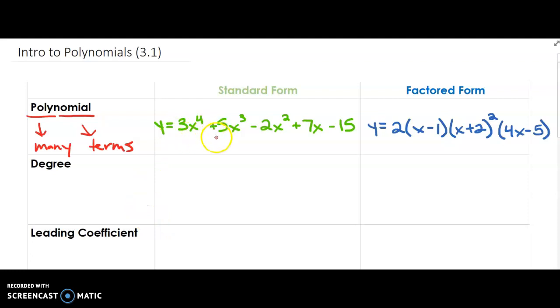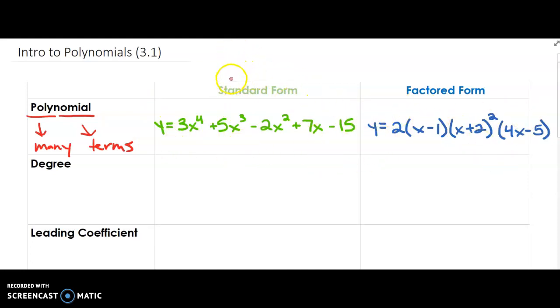We know a polynomial has many terms that are being added and subtracted together. They can have different coefficients, different exponents, right? But the idea that there are two or more terms being added or subtracted together is what makes up a polynomial. A polynomial can come in two forms primarily that we are going to work with, and that is when a polynomial is in standard form, like we see here in green, and a polynomial that is in